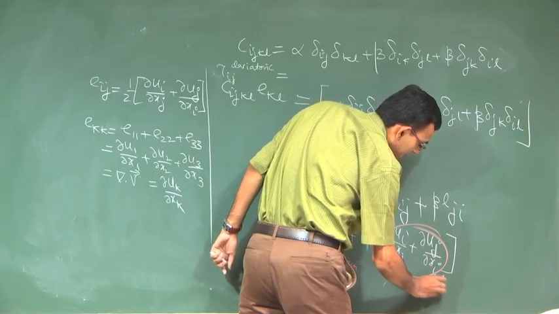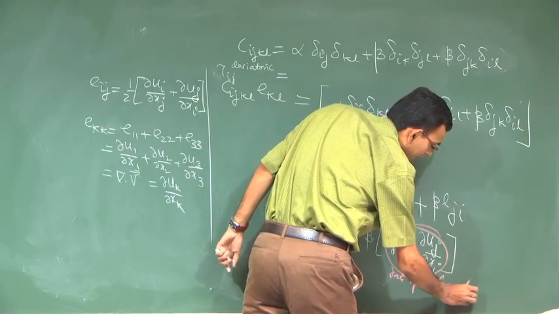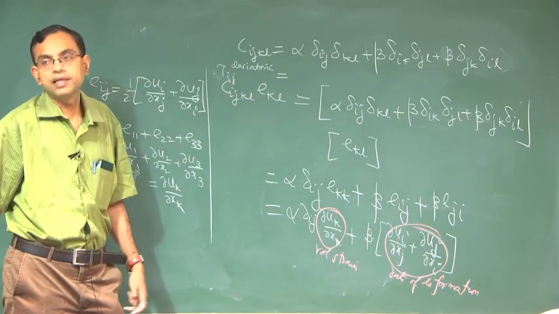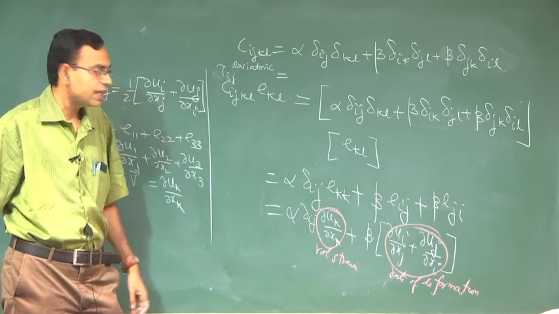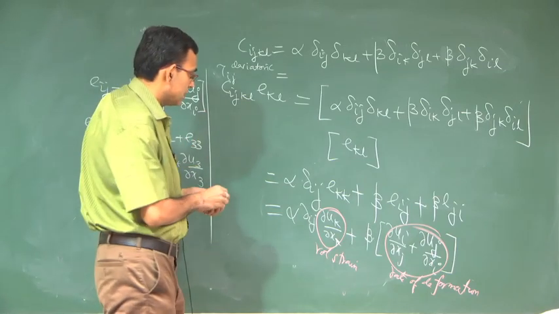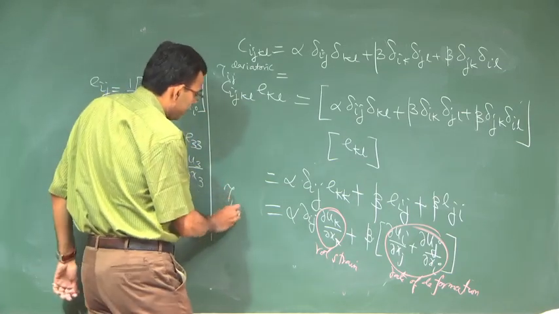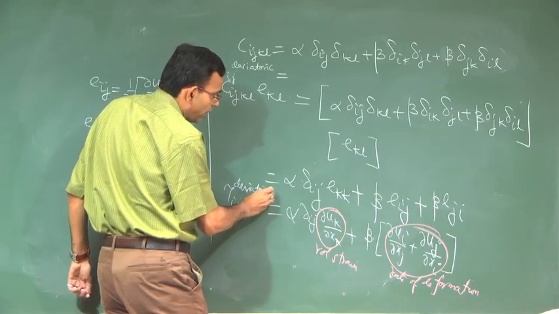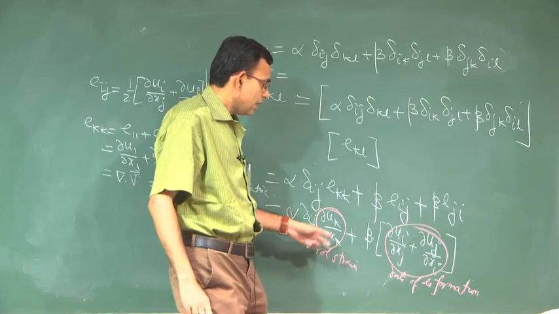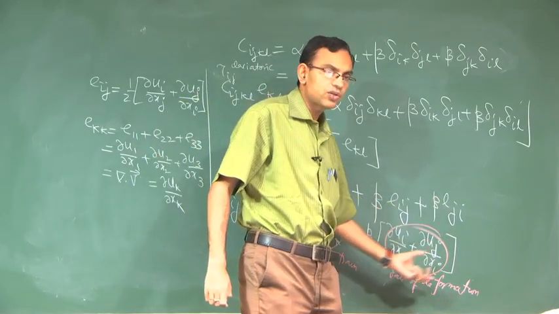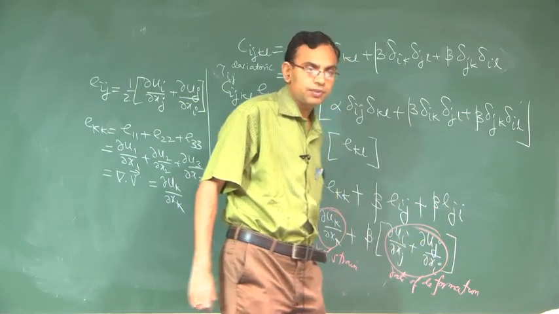I am not saying linear or angular, because when i is not equal to j then it is angular, but when i equals j it is linear. So, it is better to say rate of deformation. So, you have tau ij deviatoric, one component related to the volumetric deformation, another component related to the linear or angular deformation.